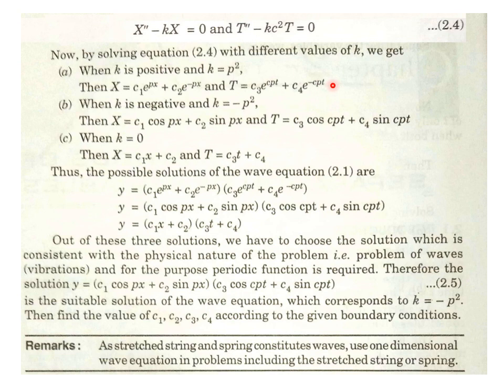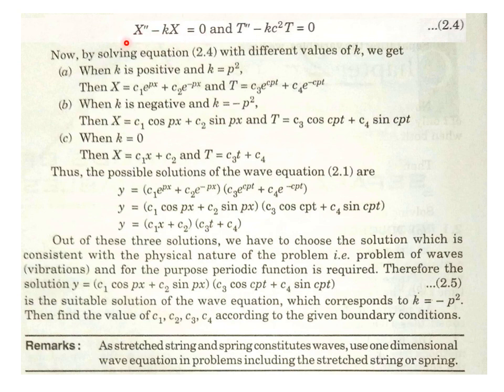So that is about one possible solution with values of capital X and T obtained with positive choice of small k. Next one is negative choice of small k. If k is negative of a perfect square, then it will be negative for sure. So k equals minus p square will make it X double dash plus p square X